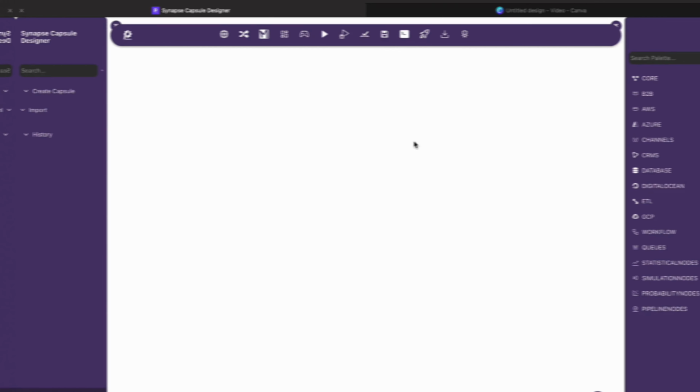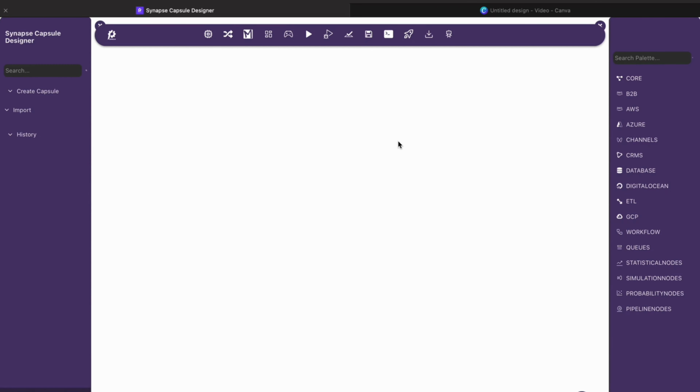Hello everyone. Today I'll walk you through an advanced data pipeline setup using Synapse Capsule Designer. This powerful tool automates the entire data processing, anomaly detection, and model selection journey, turning raw data into valuable insights. For this demo, we'll focus on an animal health monitoring use case where we analyze vital health data to detect